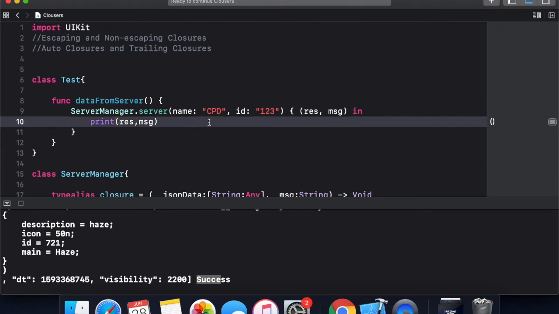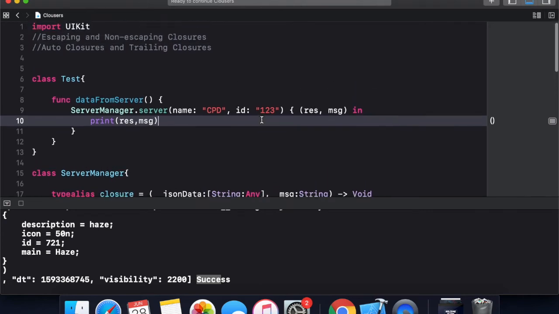Now if we talk about auto closures, what are auto closures? Consider that I want to pass an expression as a function parameter. To handle that closure as a function argument, we need to write it in curly braces.